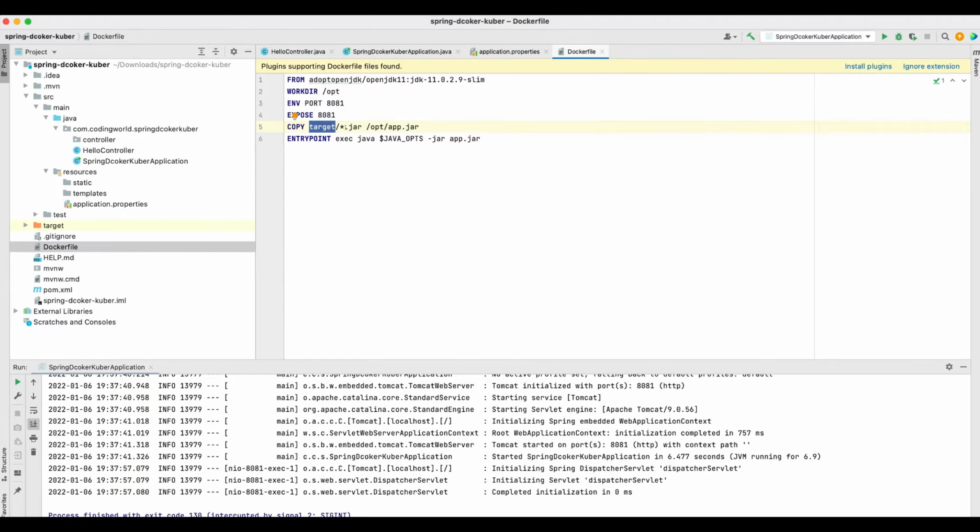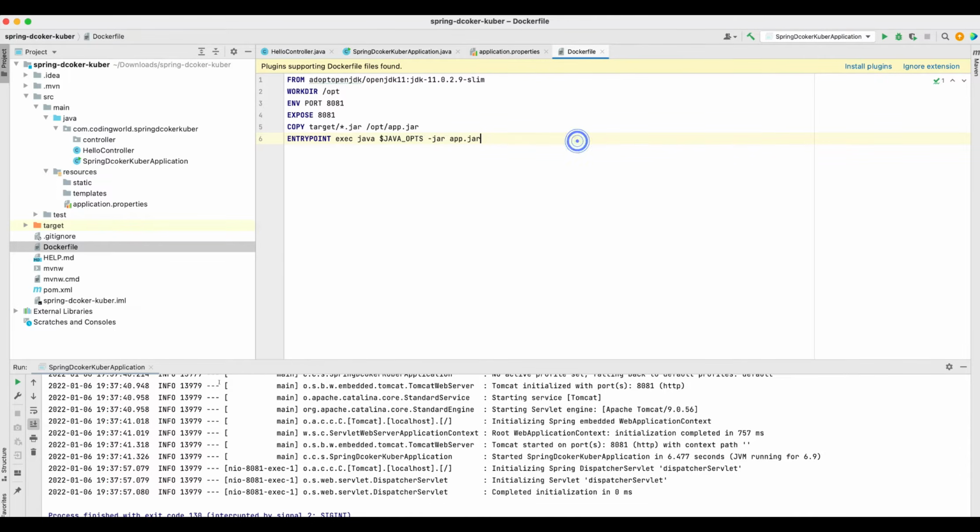From target we are copying all the jar files into /opt and renaming it as app.jar, and in the entry point we will execute java options. Currently we are not providing any outside parameter, so it will be empty, then -jar and our jar.